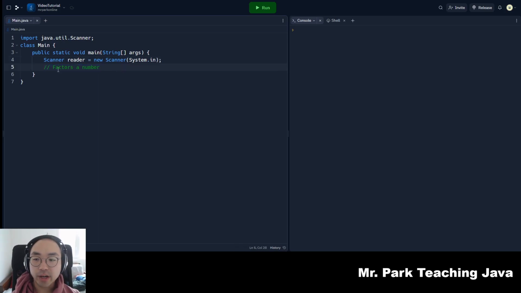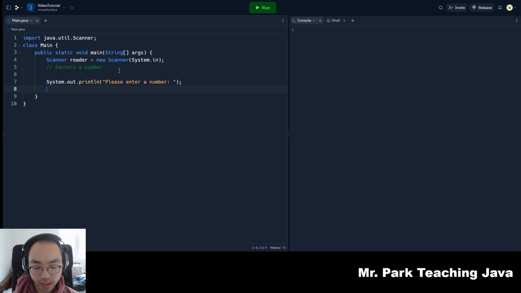So for us to find the factors of a number, we're going to need to read a number. So let's say System.out.println, "Please enter a number." And on the next line, we're going to have an integer number is equal to reader.nextInt, capital INT, semicolon. Awesome. We have set up a number, and we're going to try to find the factors of